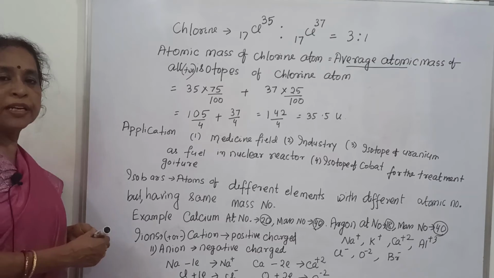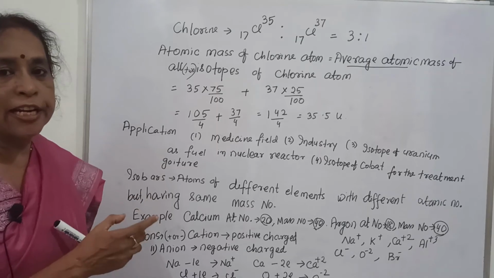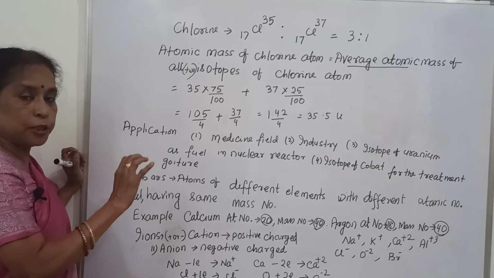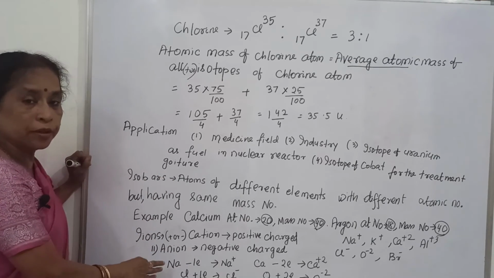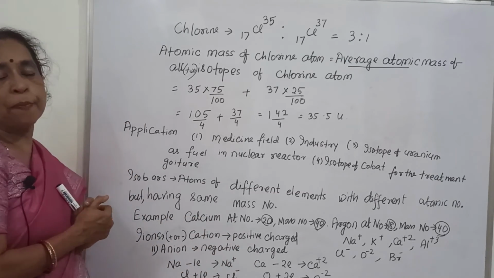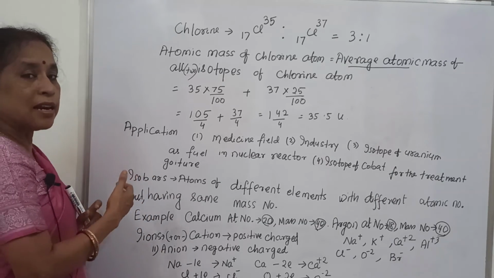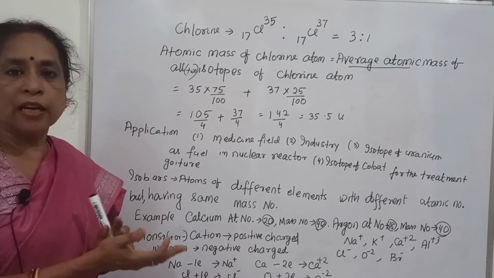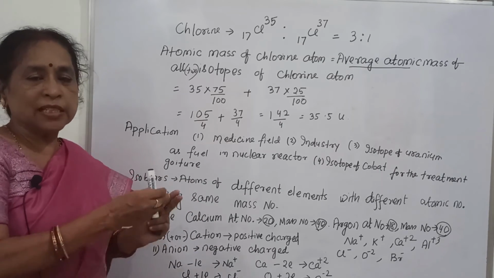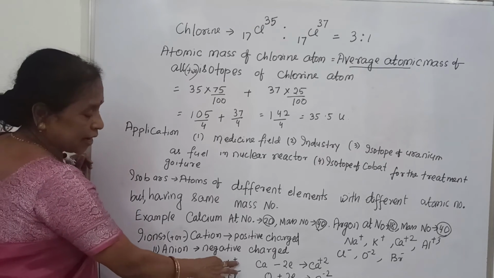So next is what is meant by ions. Ions mean either positive or negative charge. In higher class you will read in detail. Ions mean positive or negative charge. Let us take sodium. When it loses one electron, it becomes Na plus, because sodium's atomic number is 11, that is 11 protons, 11 electrons. If one electron is removed then 11 protons and 10 electrons, meaning 11 positive charges and 10 negative charges. So it is Na plus.